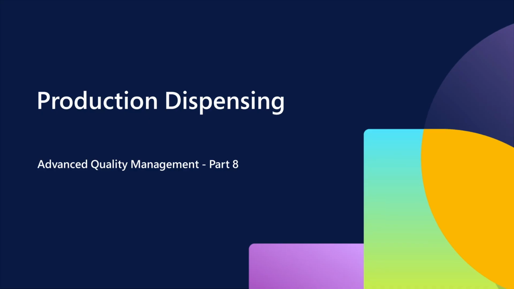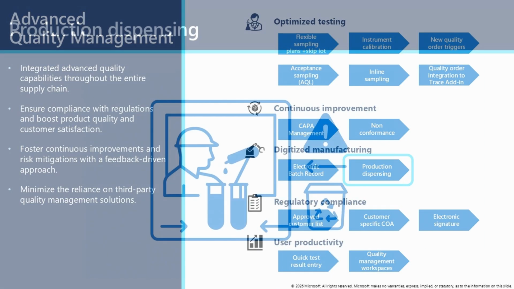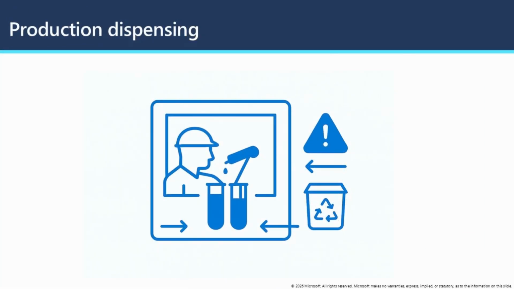The next feature we are going to show is production dispensing. When you're working with hazardous, sensitive, or high-value materials, precise dispensing is critical. It helps protect product quality, keeps people safe, prevents contamination, and reduces waste. In many industries, this happens in controlled environments, often clean rooms, where materials are opened, dispensed, and resealed under strict